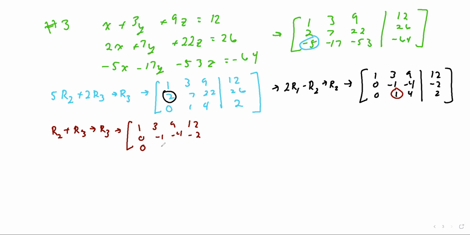0 plus 0 is 0. -1 plus 1 is 0, which is great. -4 plus 4 happens to also be 0. And then -2 plus 2 happens to be 0 again. So again, I get this equation 0 equals 0, which again just means infinitely many solutions,